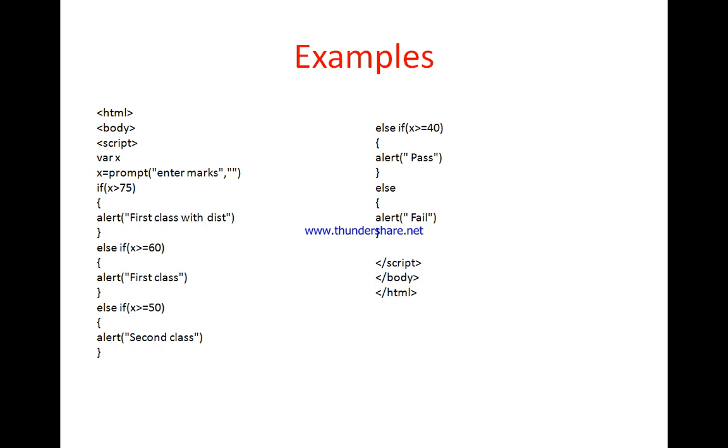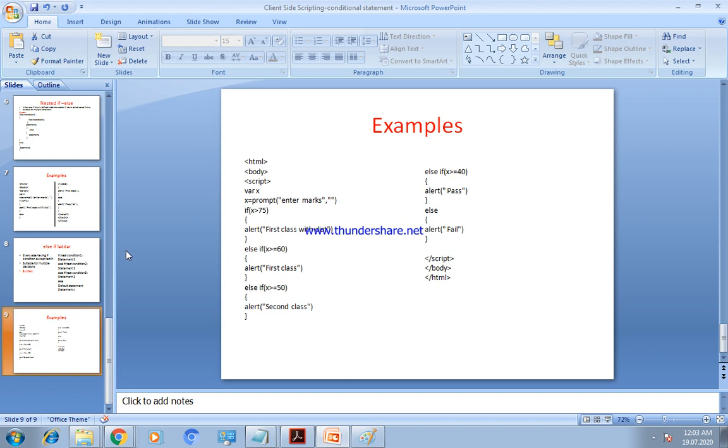Okay, so if you see this program, if you save this program with an HTML name and open it with Google Chrome, then you get the output: firstly a prompt box will open, you have to enter the input, and after that the result will be displayed. Okay, so I hope that you understand this program. So you can type this program in a Notepad editor, and after typing the program in Notepad, you have to save it with the extension HTML, and then run this program.